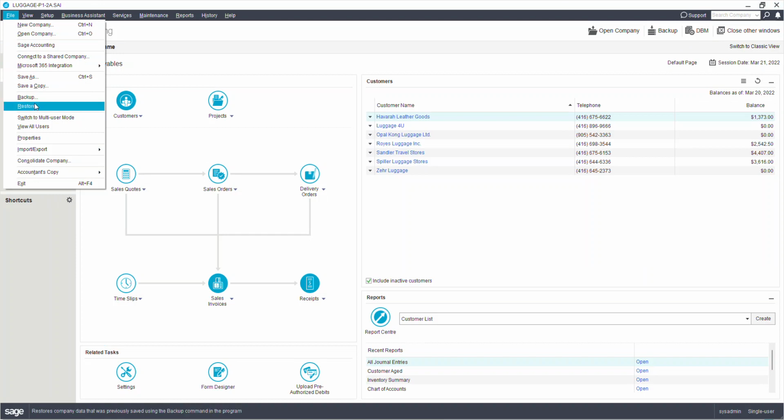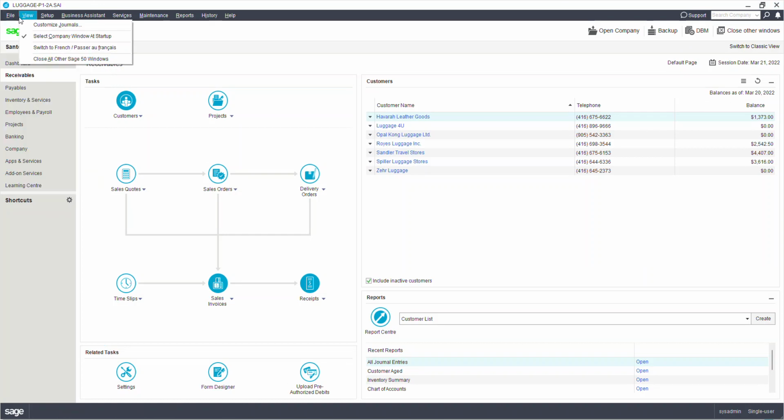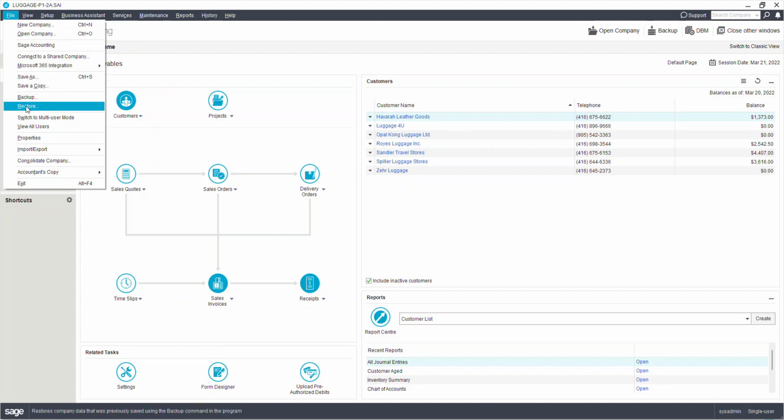Let's say you find out in a later step that you made a mistake. Now what you want to do is restore your backup. In that case, you're going to go into File, Restore. Or what you can do is when you open Sage 50,